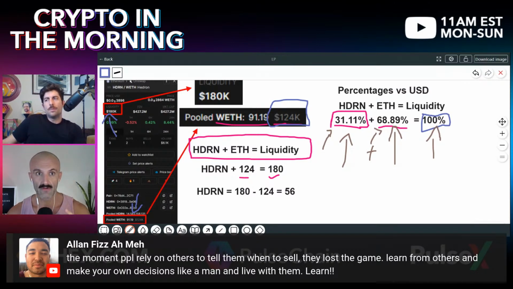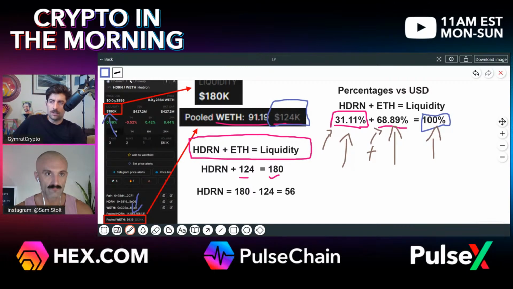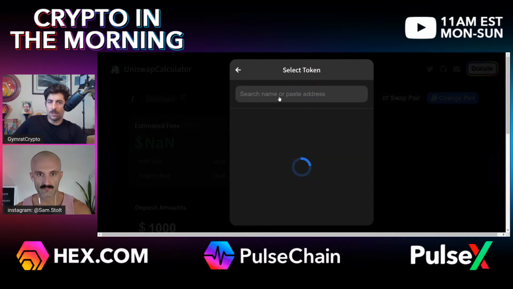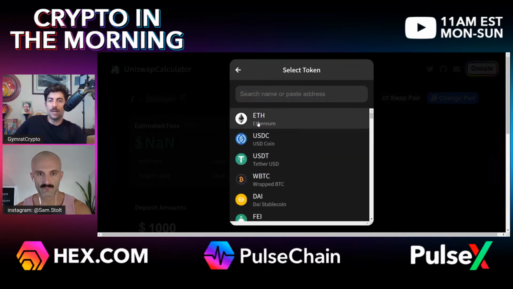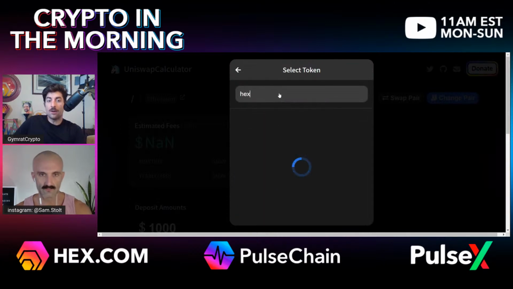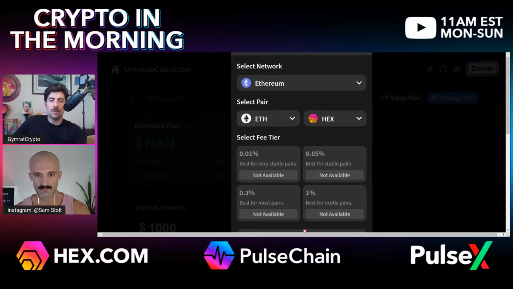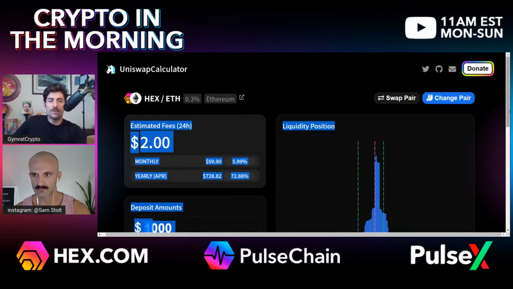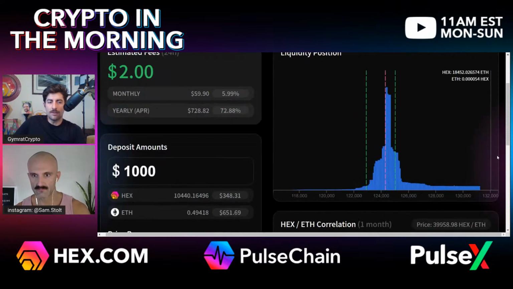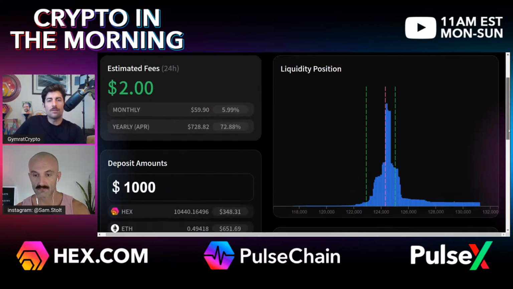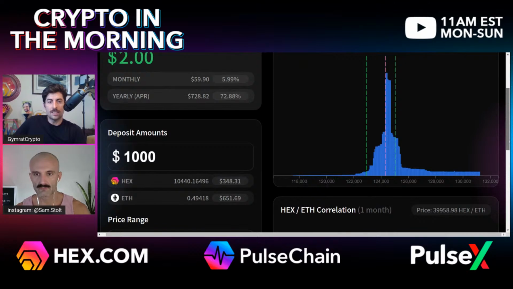So that's another indicator. What Sam is trying to show you guys is that there's multiple ways to know that you're going to be in a bear market for a while, multiple ways to know you're going to be in a bull market for a while, and multiple ways to tell if one asset is lopsided in value compared to the other. And that's by looking at the liquidity pools, because generally you can see there's a bunch of dudes with ETH already, and they're just taking their free side. So they're going to have more ETH than the native asset, Hedron. And that reflects a little bit in this, because generally the guys that made a lot of money on their free Hedron dumped it. This is real data. This is actually what's going on in the marketplace.